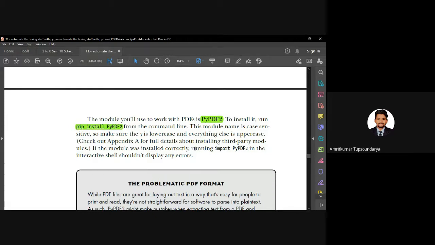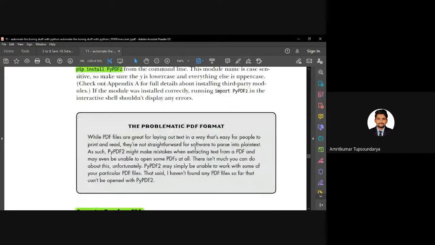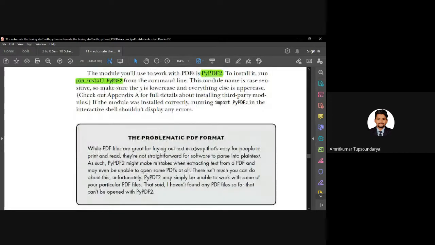Before getting into it, a quick note on the problem that the PDF format might have. As I've mentioned, PDF is a little complicated document. So when we try to operate on such documents, the tools that we are using, for example the module PyPDF2 here, might not be 100% successful in completing the task, for example copying the content or the text exactly the way it is, or converting a document.